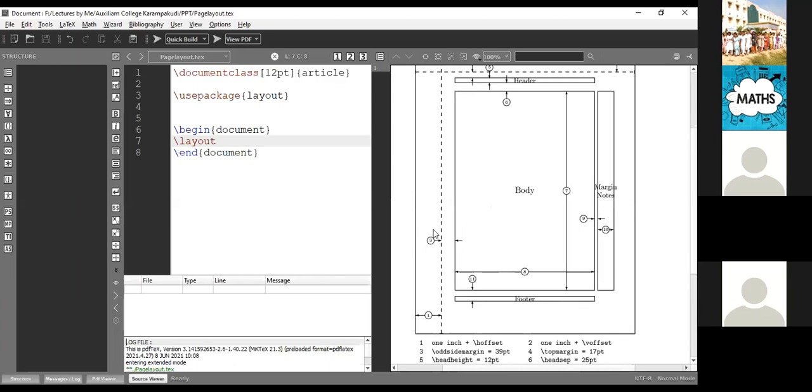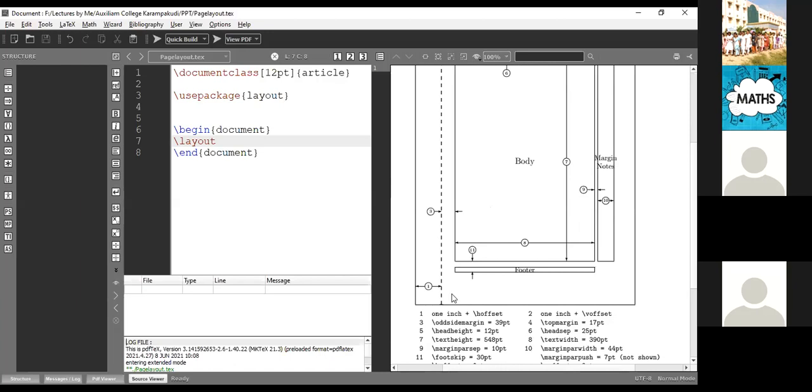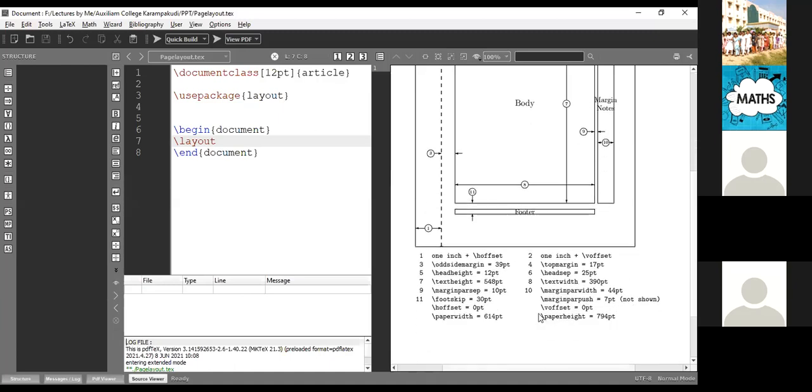Offset means, for binding purposes, the outside margin is 39 points, and the even side margin is 1. So the margin bar width is 44 points. Foot skip is nothing but the distance between the last line of our main content and our footnote. The gap between these two things is called foot skip. The number is 11. It gives a four side margin.